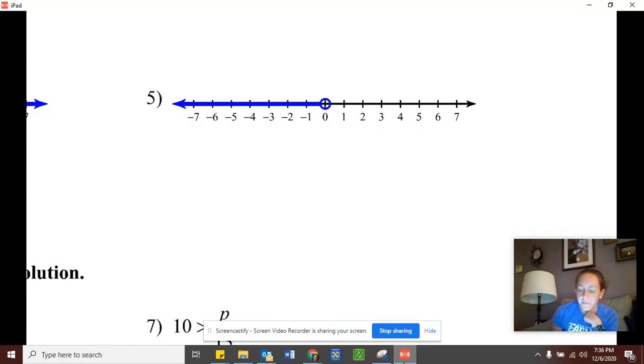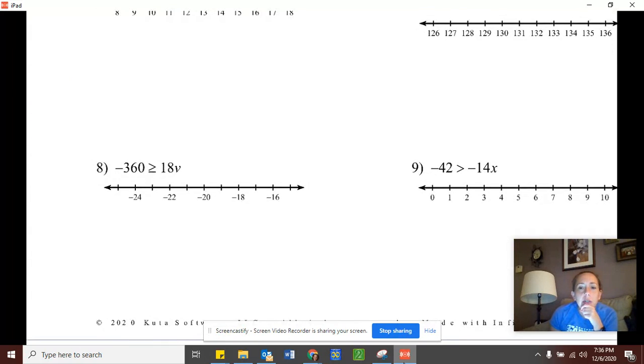Looking at this one, I've got x and my starting point is 0. Since it's going to the left on the number line, that's all the numbers that are less than 0. But since 0 is an open circle, it does not include 0, so no line under it. Okay,